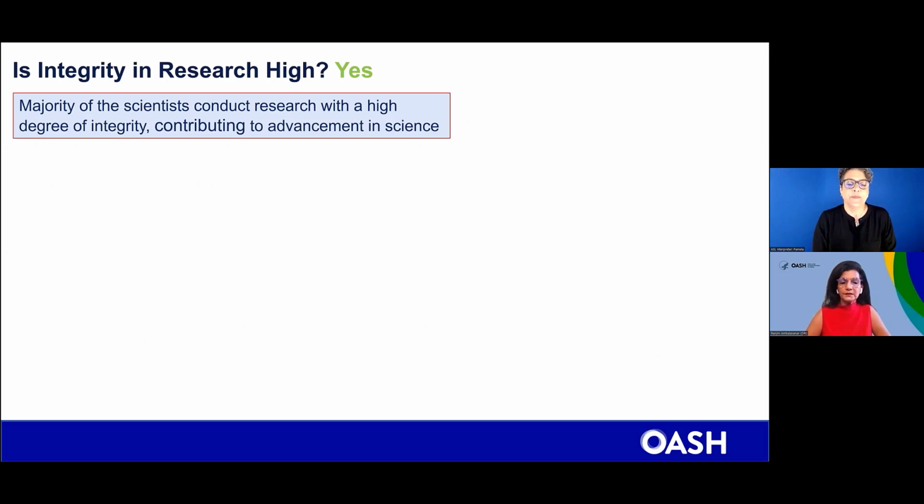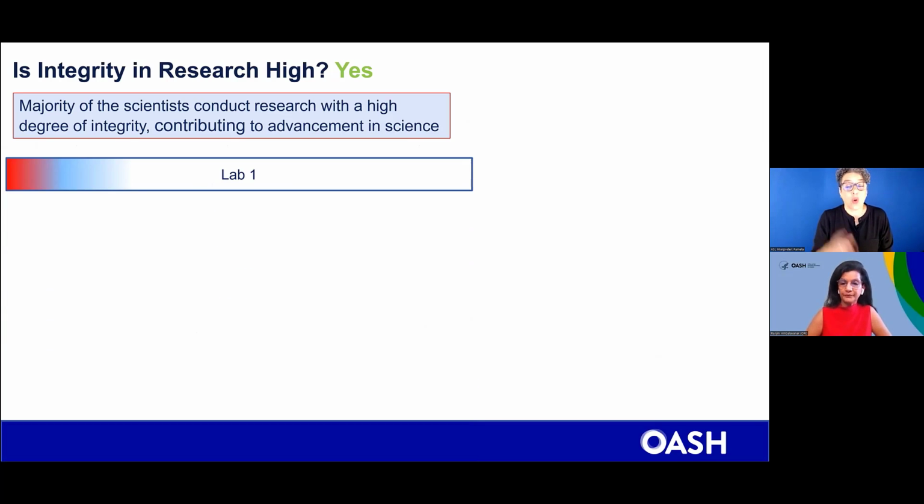So is research integrity generally high? The answer is yes. Most scientists do research with a high degree of integrity, and that's how they are contributing to advancements in science. Say, for example, in lab 1, here is a lot of research that happens,